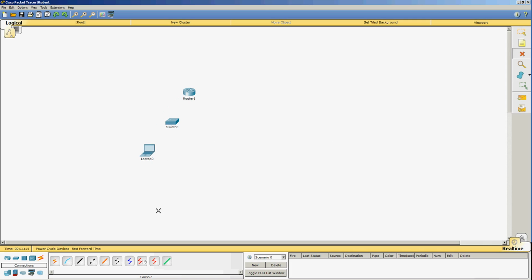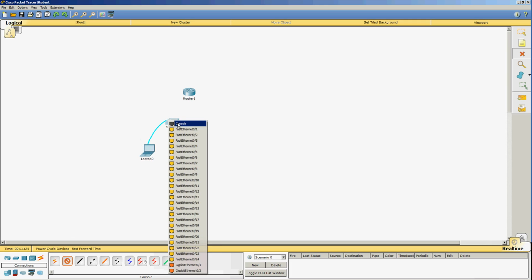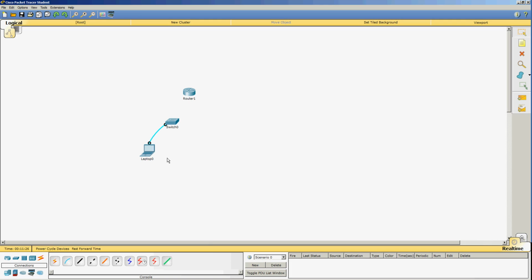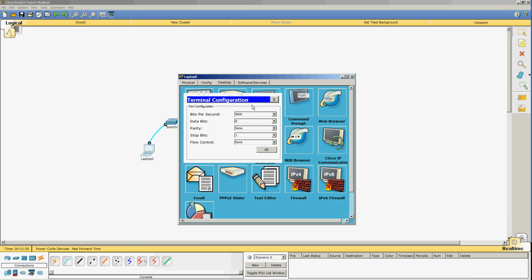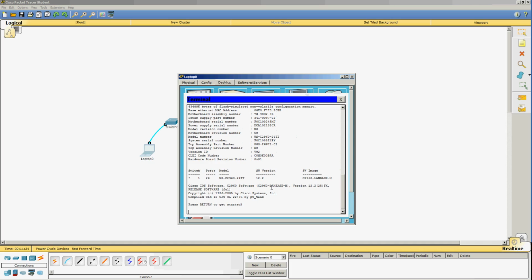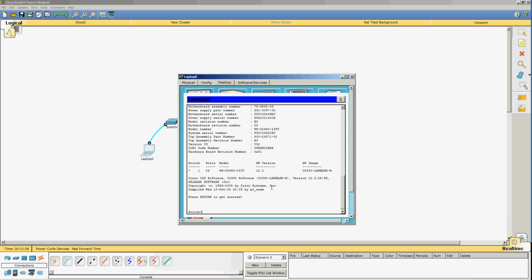Okay, so now I can come down here, pick this console connection here again, connect from the laptop to the RS-232, plug it up to the switch, and make a console connection. Go to your laptop, find your terminal emulation program, accept the terminal configurations here, and there you are. You've made a console connection to a switch.